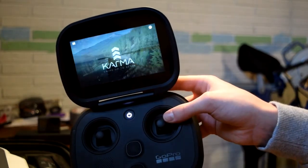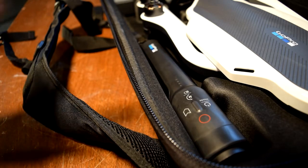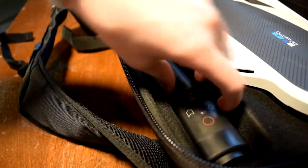Now on to some other stuff. If you've really been looking in the case while I've been reviewing, you're probably wondering what this thingy is. Kind of looks like...